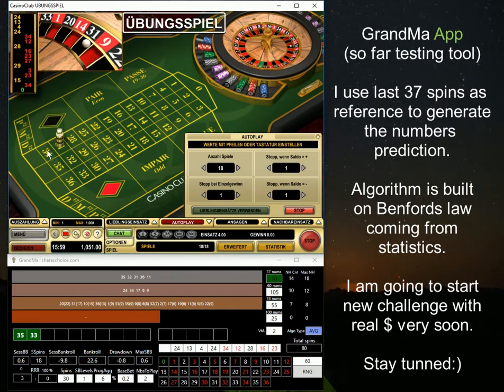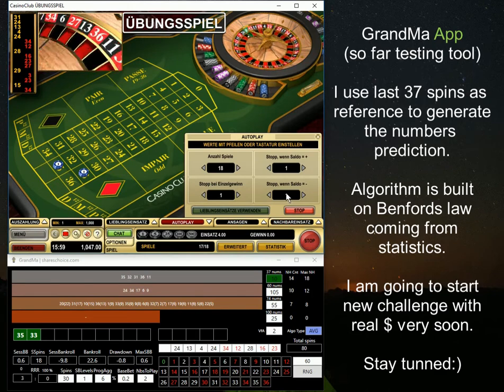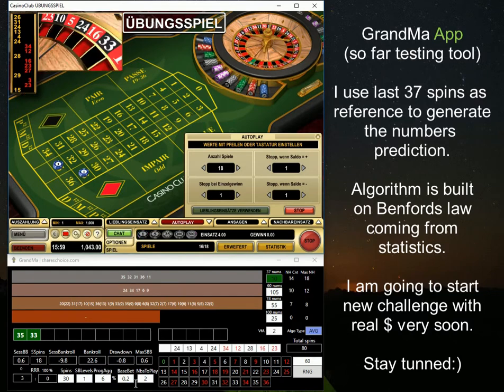So we know 34 and 31 hit, but not 35 and 33. So let's see whether we can still make it or not. If not, no problem, we will use variance from average and increase our base bet. You can see the real results here using a base bet of 20 cents. So 24, 31,